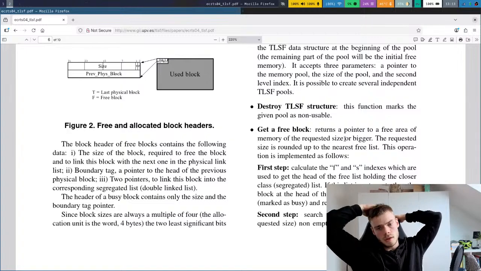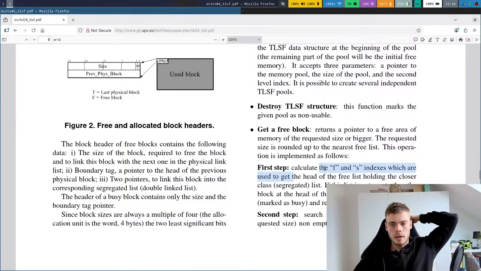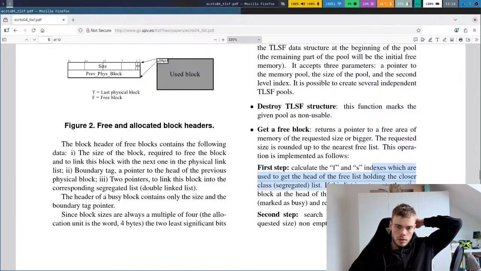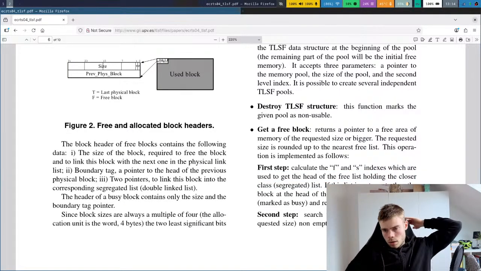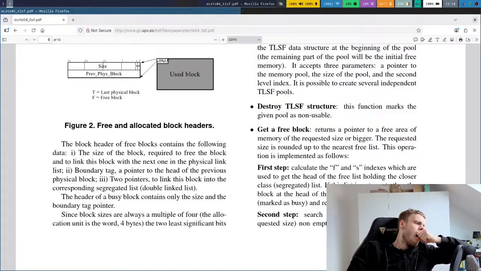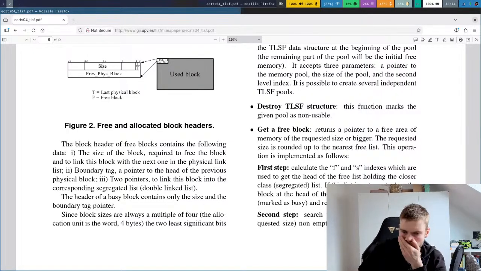Operations. First step: calculate F and S, used to get the head of the free list holding the closest class segregated list. If this list is not empty, then the block at the head of the list is removed from the list, marked as busy, and returned to the user. Otherwise,